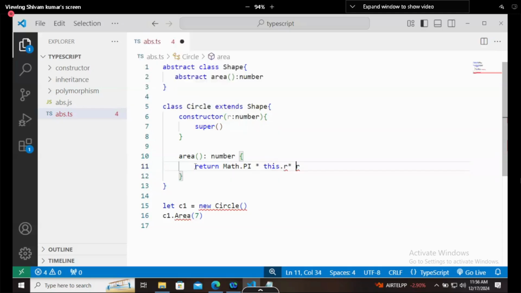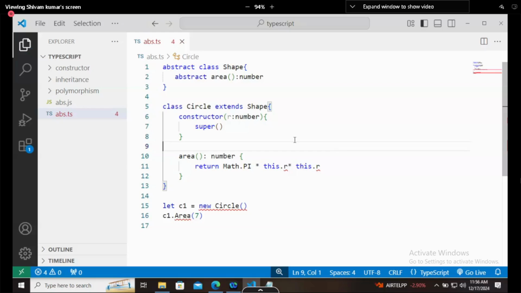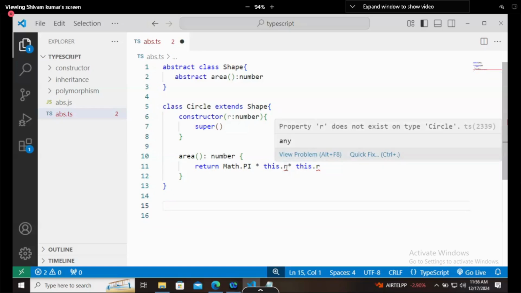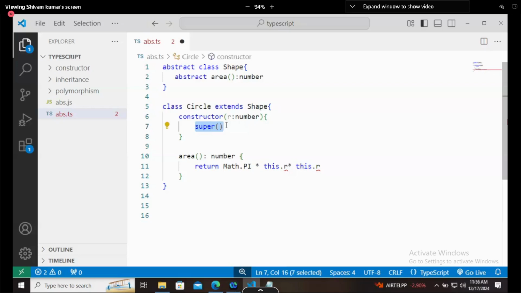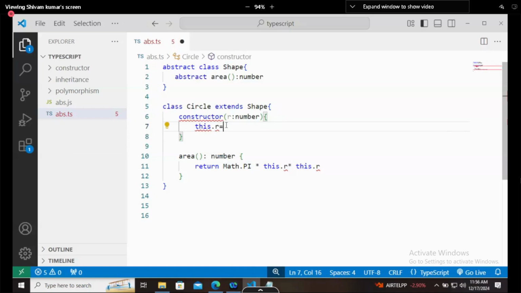So return Math.PI multiplied by r and then multiplied by r, or technically this.r and this.r, this way. Now there is a problem in this particular code, and the problem is it says that r does not exist on type Circle. Instead of this super, if you are trying to write this.r equals nothing, it means even the values are not there.